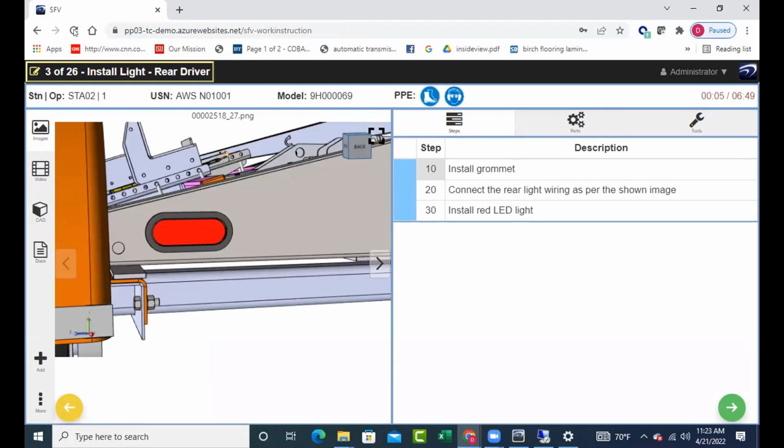So what I've just done now is I've selected a station, an operator position, a particular unit serial number, which has a specific model. And for that combination, I'm looking at work instructions. For those who have or have not seen this, this is configured work instructions down to the operator on that line.